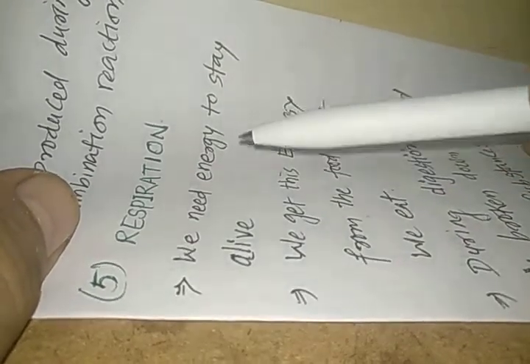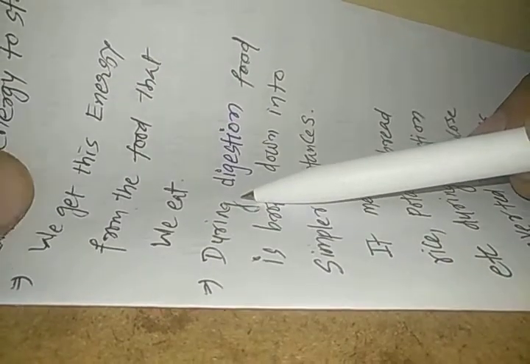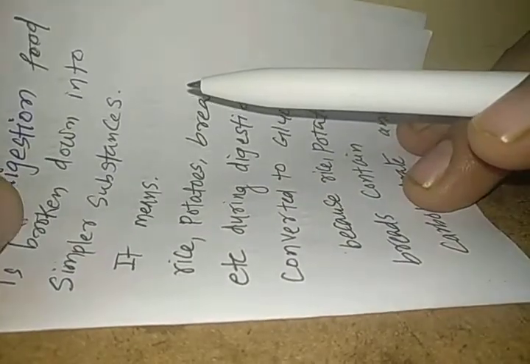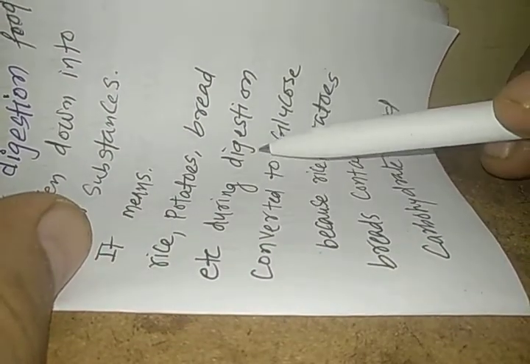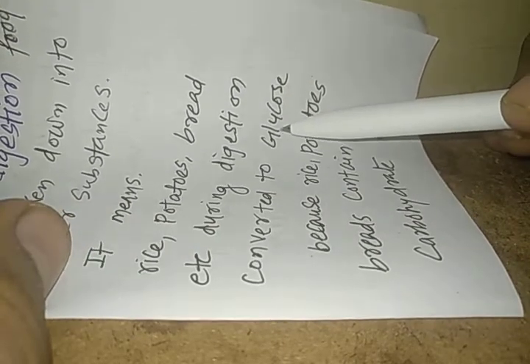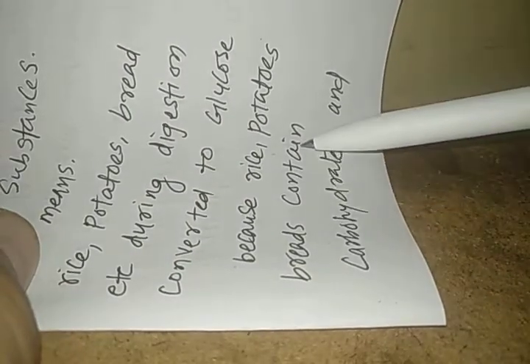We need energy to stay alive. We get this energy from the food that we eat. So during digestion, food is broken down into simpler substances. What does it mean? It means rice, potatoes, bread, etc. are converted to glucose during the process of digestion. Now, why are they converted to glucose? Because rice, potatoes, and bread contain